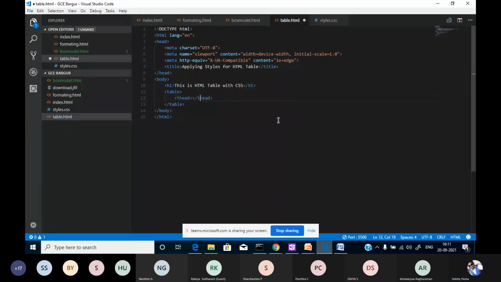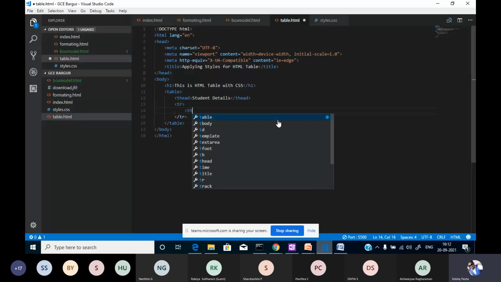Say student details, something. So let me add some rows and columns over here in that table. In this I'm adding th. th means table heading.